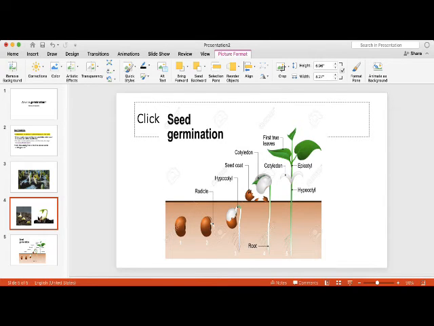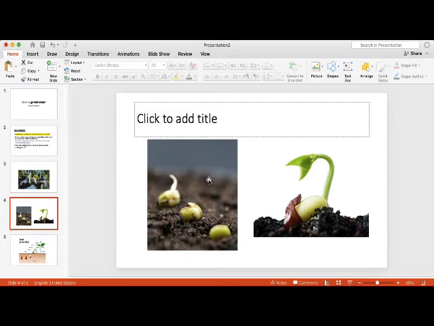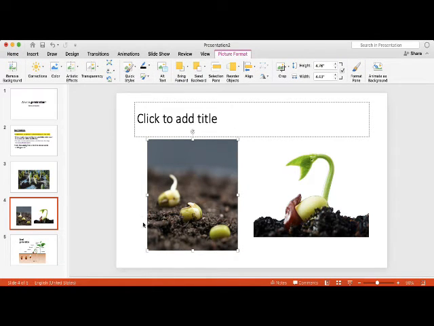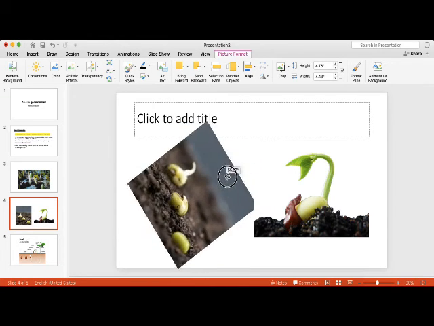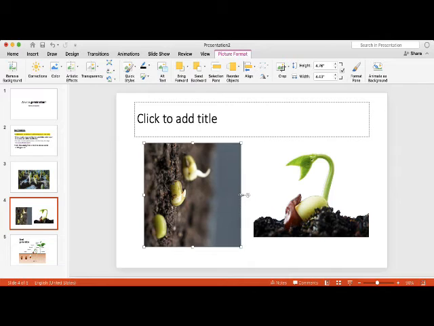Now, move towards the second option of picture formatting, that is to rotate the picture. When you click on this picture, you will see the small boxes at the corners of this picture, and you will find that there is a circle button. When I move the mouse on this side, my mouse changes into a circle. Click on this button, hold it and rotate it in the direction that you want.